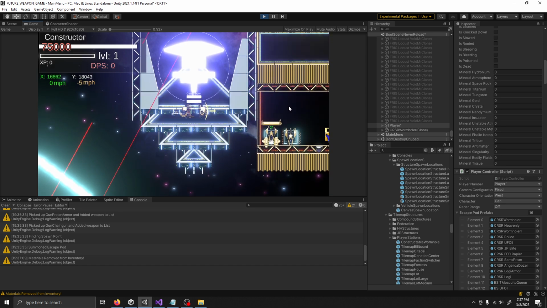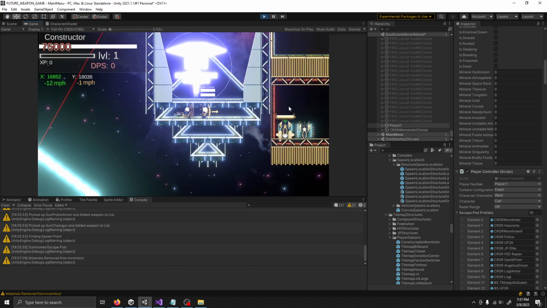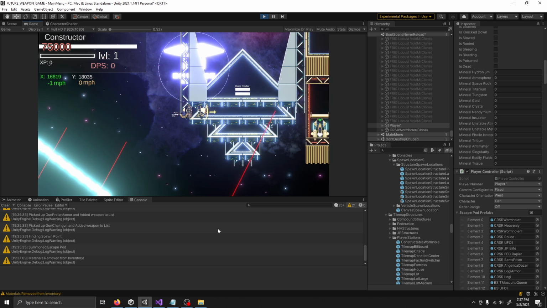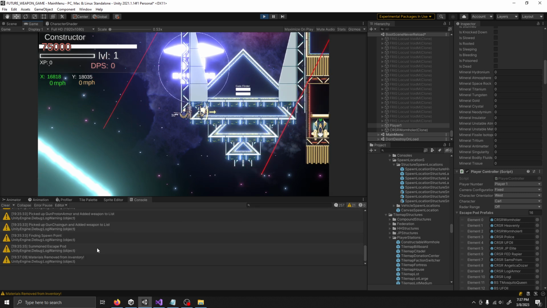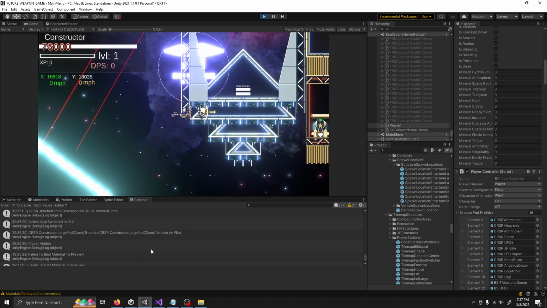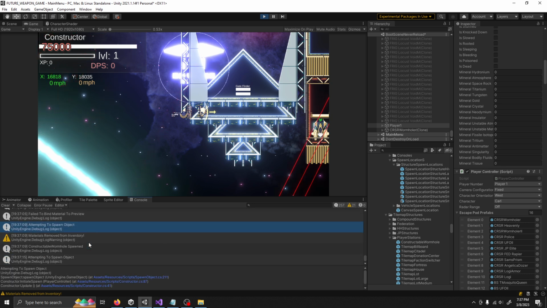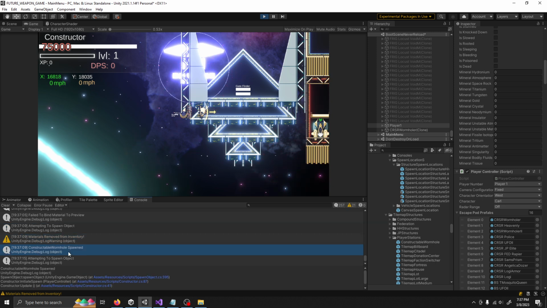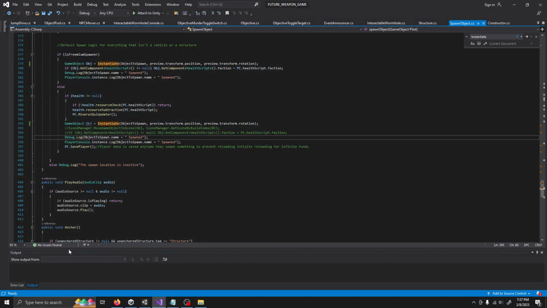please create a save file that... Alright, let me see what it is talking about. Materials removed from inventory, constructible wormhole spawned. It probably tried to save the player and failed. Now,